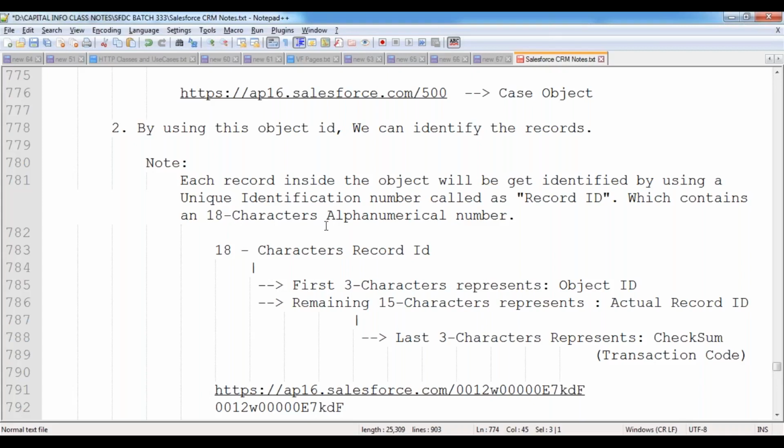The next 15 characters represent the actual record ID. And from those 15 characters, the last 3 characters represent the checksum value, which is also called a transaction code, generated by Salesforce.